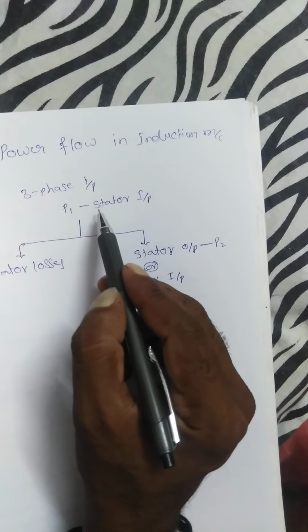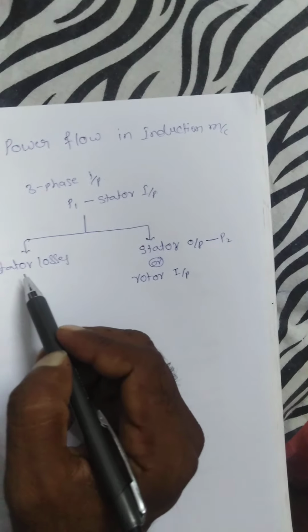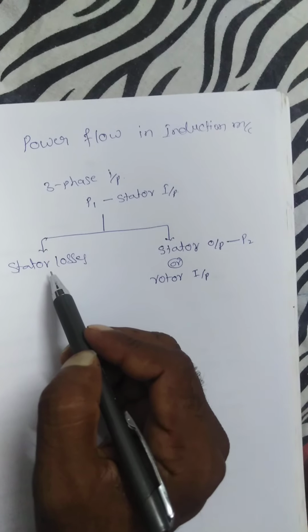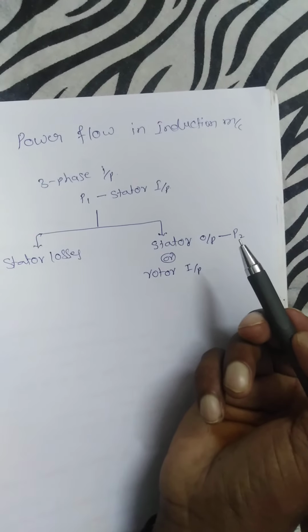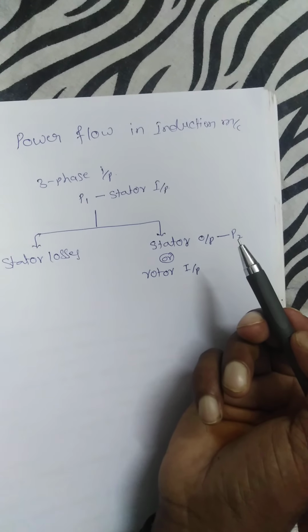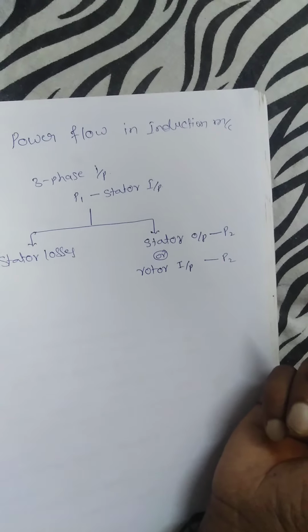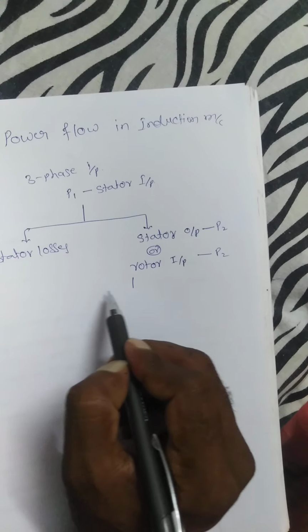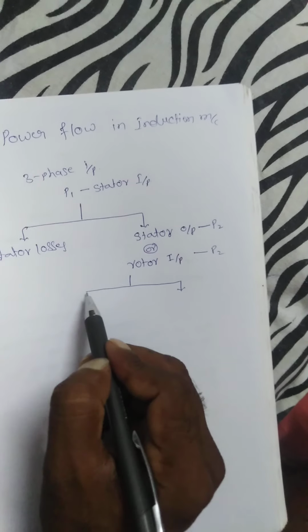P1, the input power, is given to the stator, and some power is wasted in the stator in the form of stator losses. The remaining power is the stator output power P2, which is also called the rotor input power P2. The rotor input power is given to the rotor, so power is wasted in the form of rotor